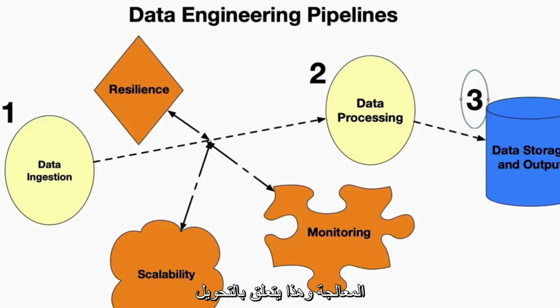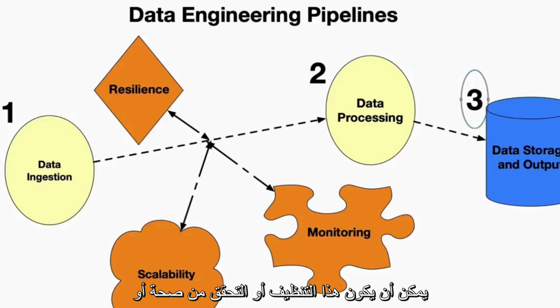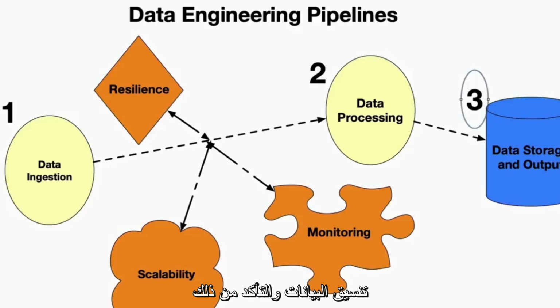Next up, we have processing, and this is about transforming the data into a more usable form. This could be cleaning or validating or formatting the data, and it makes sure that you can actually build aggregations, summarizations, etc. So this is where we see a lot of tools like Spark, for example, that can go through and do processing and other ETL type